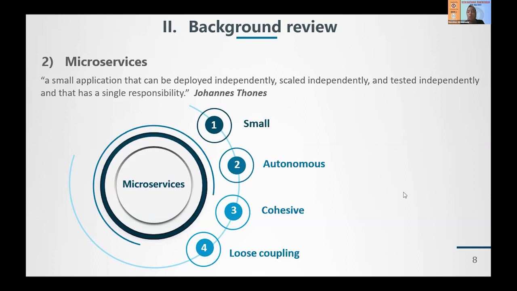So we can say that microservices are autonomous. What that means is that each microservice possesses a distinct set of capabilities that allows it to run without relying on other microservices. Okay, so we have cohesive. That means that each microservice has a distinct, well-defined role. When a microservice is cohesive, it's simply